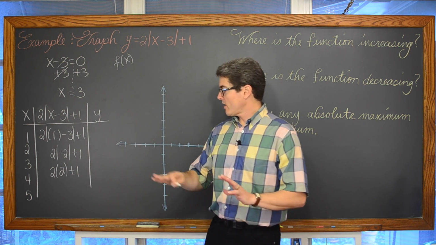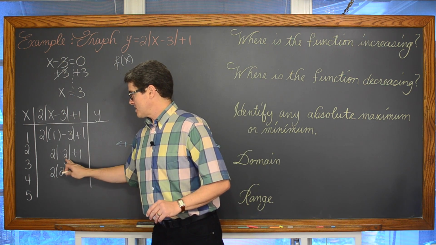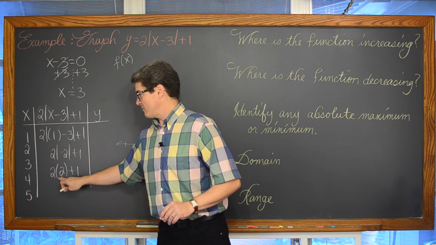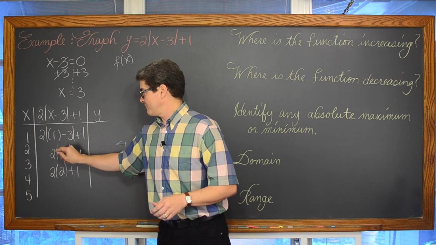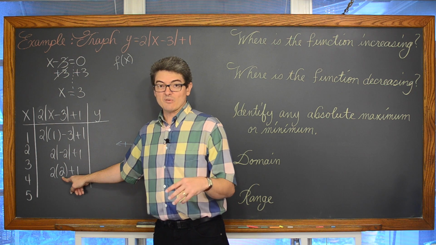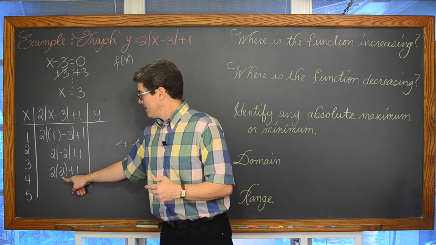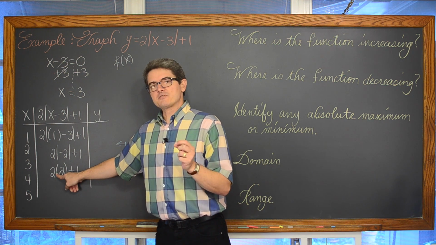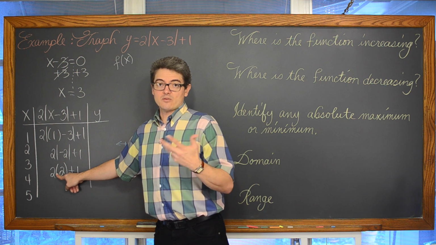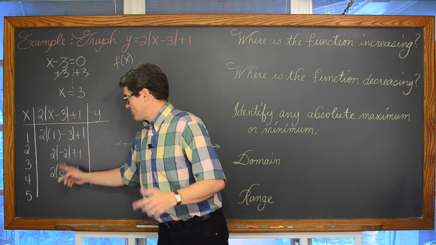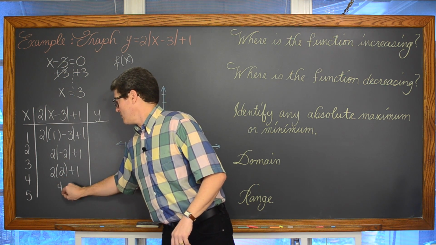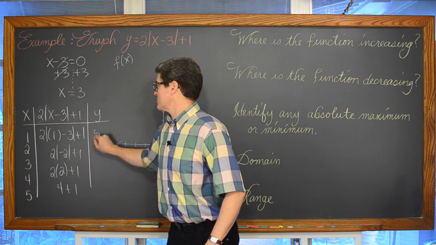Notice that I'm writing parentheses now instead of the absolute value function because I've applied the absolute value function. I've found the distance that negative 2 is away from 0, or just got rid of the negative sign. And I don't want to put a little x for multiplication because it looks like a variable x now that we're doing algebra, and so I'm using parentheses. 2 times 2 is equal to 4, plus 1 is equal to 5.